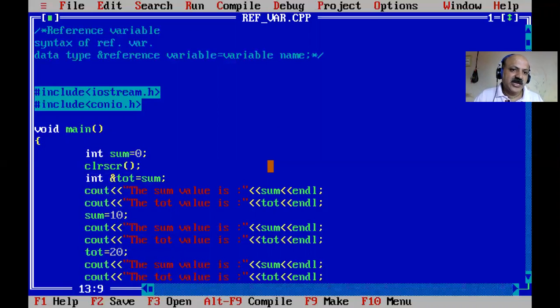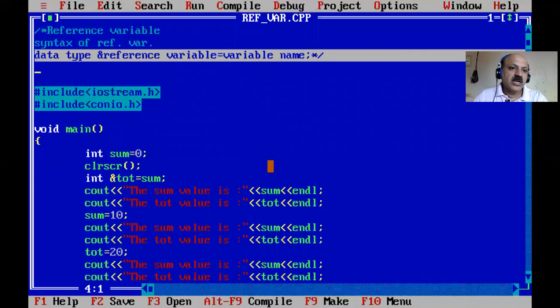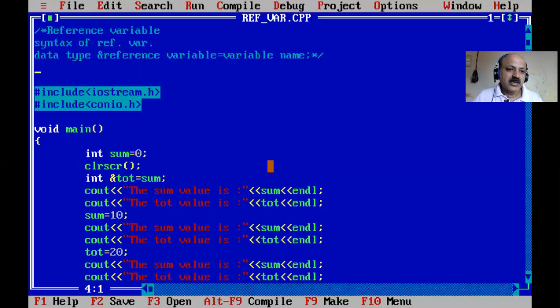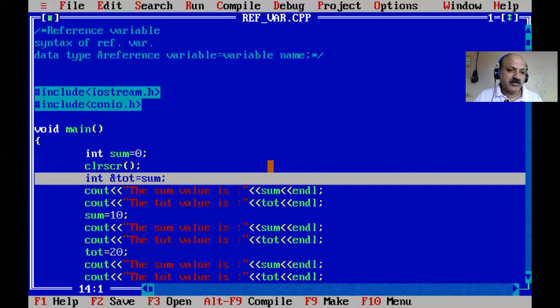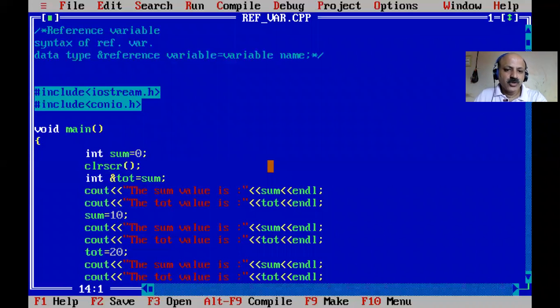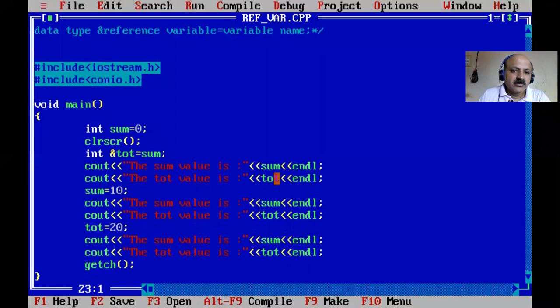So that is needed, that is a part of the syntax. So here you can look: data type, ampersand, reference variable name, and equal to variable name, a previously existing variable you can assign. So that does not declare a new variable, but gives an existing variable a new name, we can say. So we can use either name and print the same way.